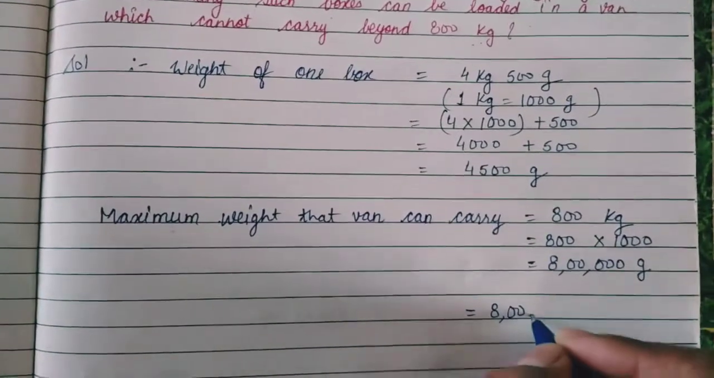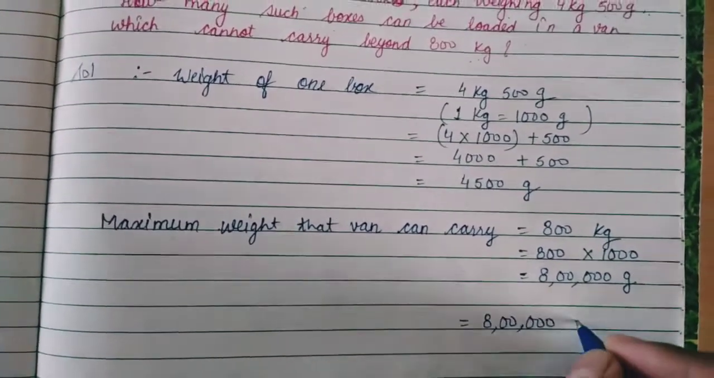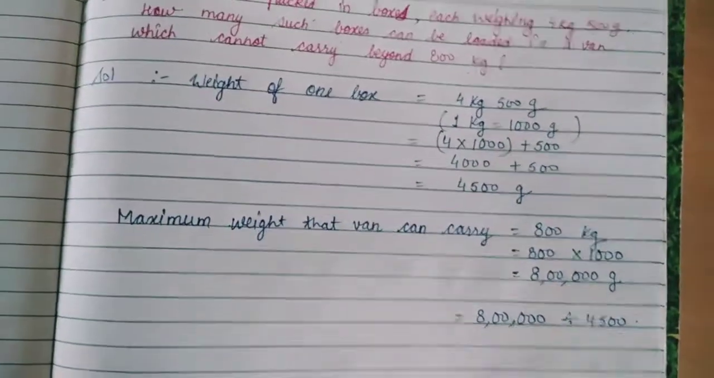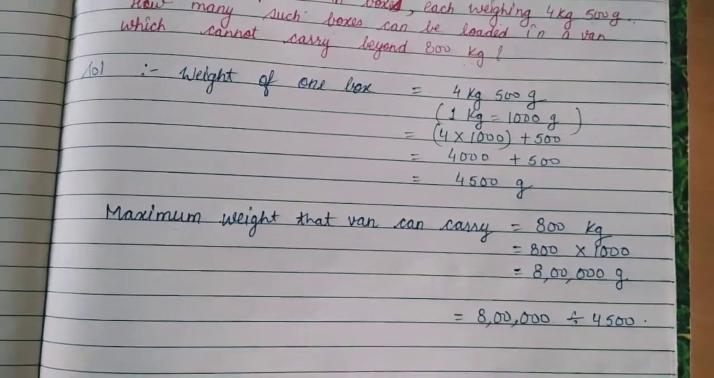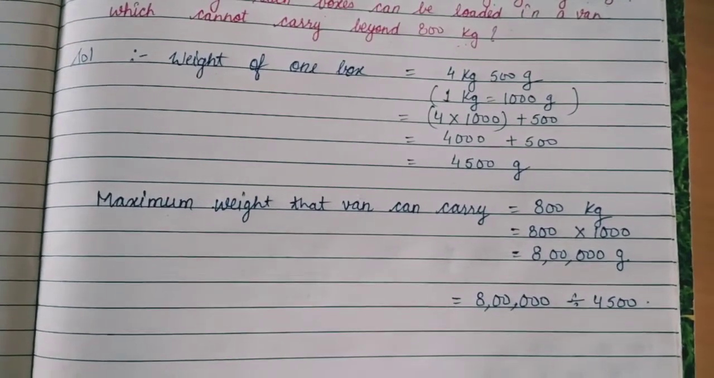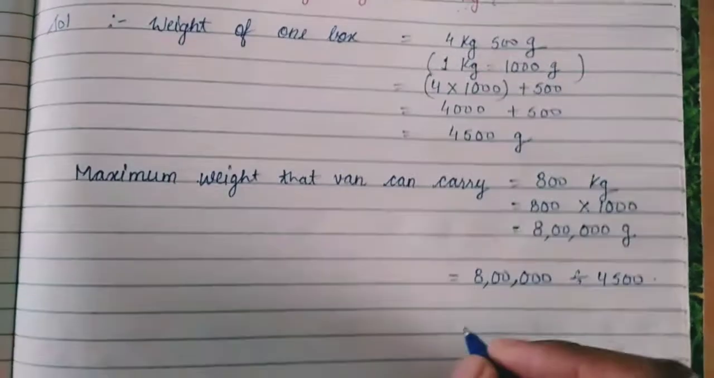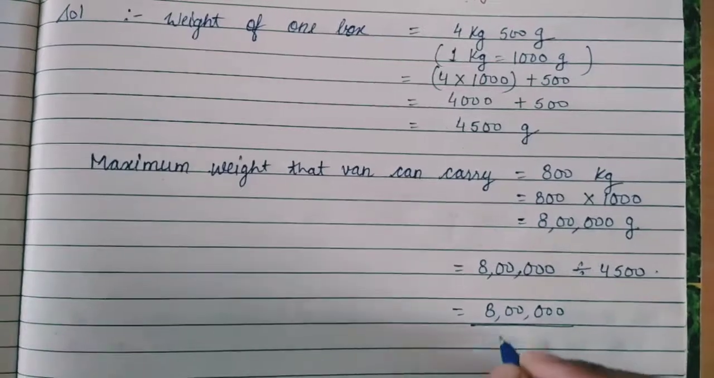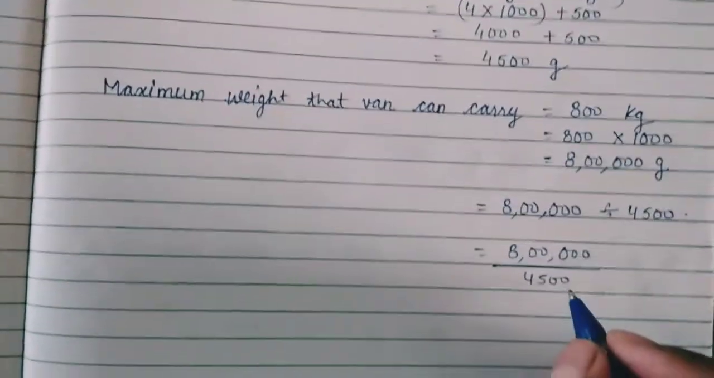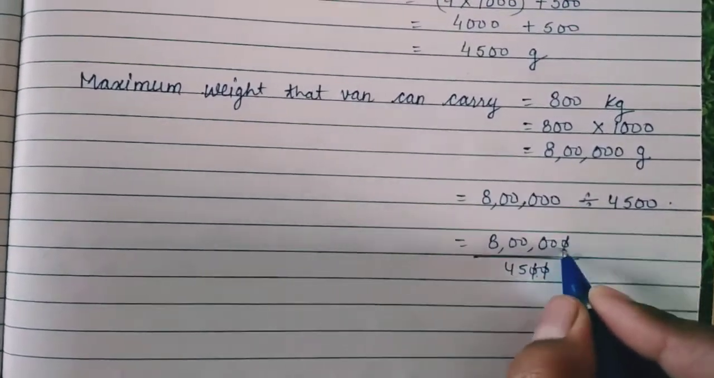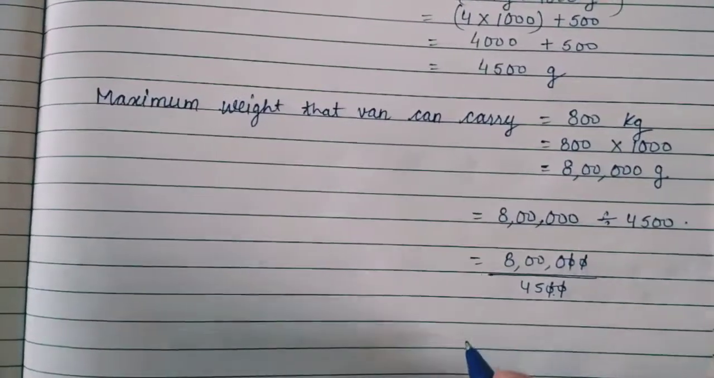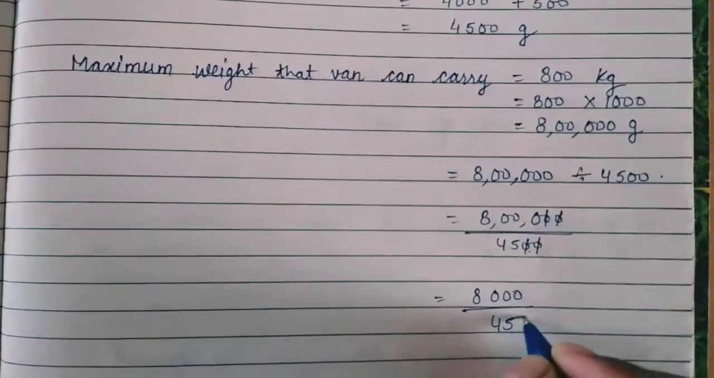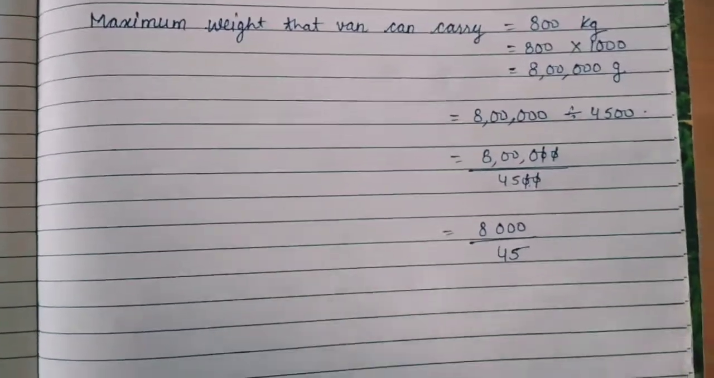8 lakh gram by 4500 gram. So this we can write in this form. Okay, so our last zero will cut. Now we have to simply divide 8000 by 45 for getting the number of boxes that can be loaded